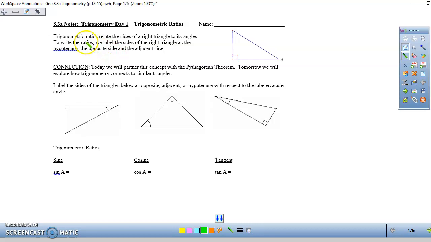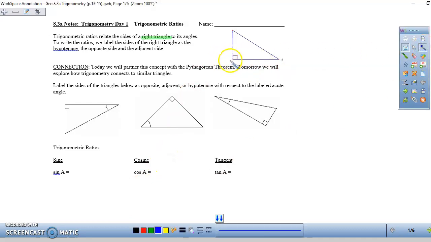Okay, so trigonometric ratios relate the sides of a right triangle to its angles. It's really the study of right triangles, but you're doing a relationship between the sides and the angles. To write the ratios, we label the sides of the right triangle as the hypotenuse, which you know, the opposite side, and the adjacent side. So, for example, in this picture,